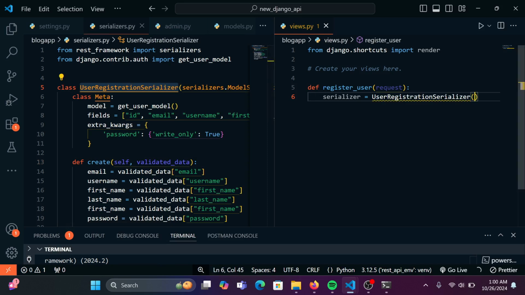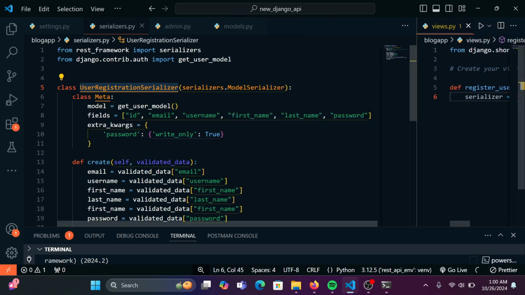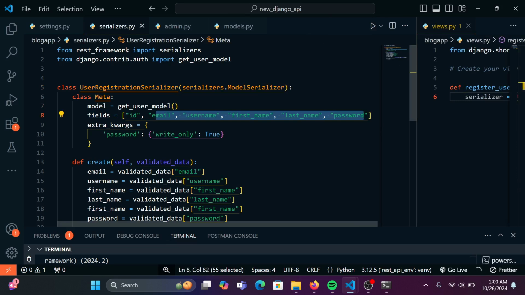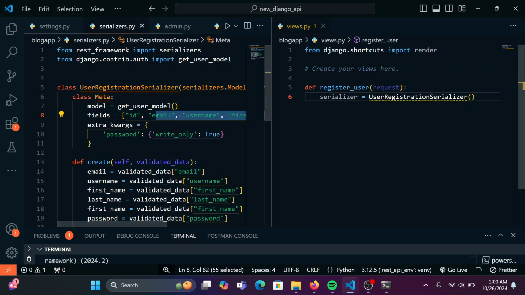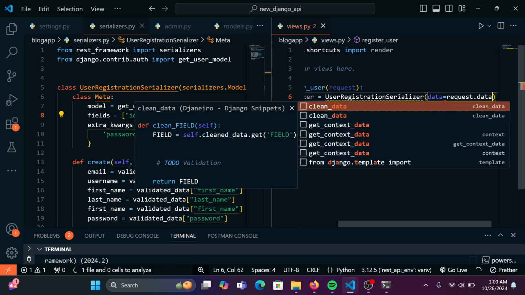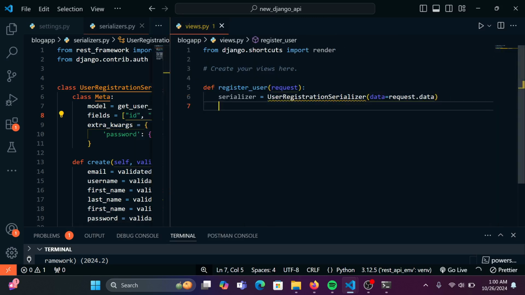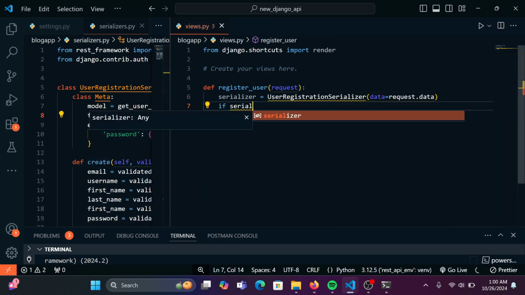So before we import it, we're going to say serializer should be equal to user registration serializer, and then we're going to pass in an object. The objects are these fields we have here. These are the objects we want to pass to our serializer, right? Then we're going to say data should be equal to request dot data, right? So we've done that now. We're going to say if serializer dot is valid. We're going to check if it is valid. If it is valid,